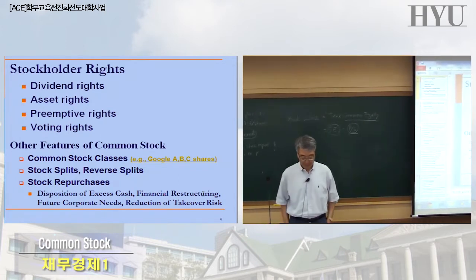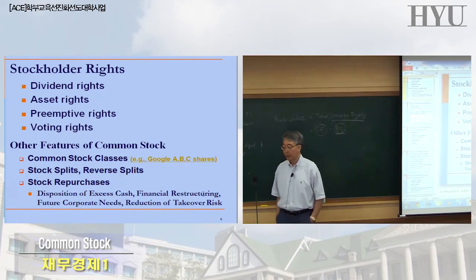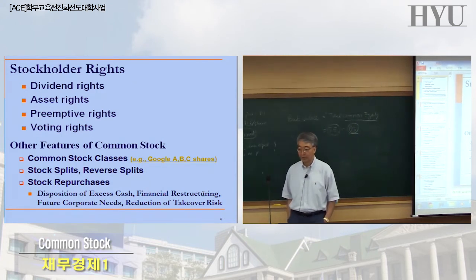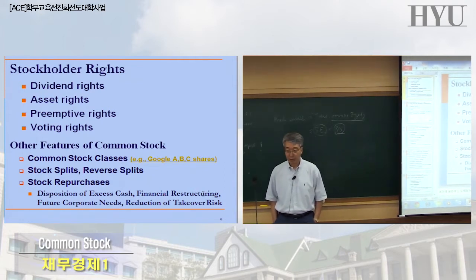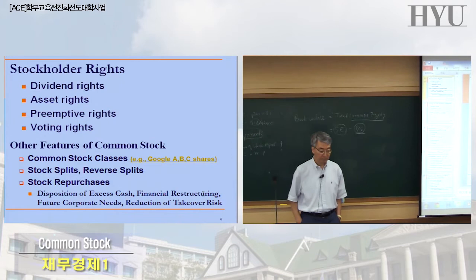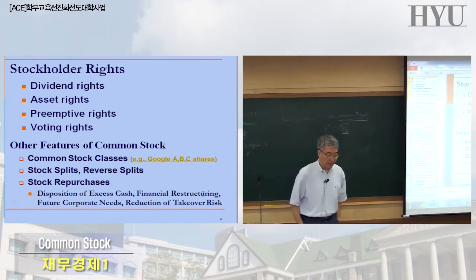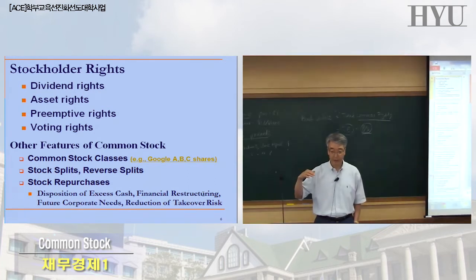And the share of the profits is dividend. Asset rights: we're talking about the case where the company liquidates or goes bankrupt. Then the stockholders have asset rights. However, they are way at the bottom of the order. The first rights to assets go to debt holders, like bondholders. I think we talked about it in chapter 6. There are a few different levels of bonds.